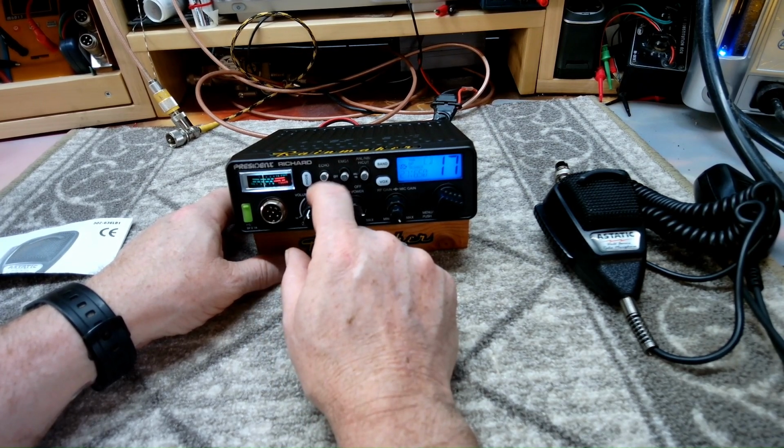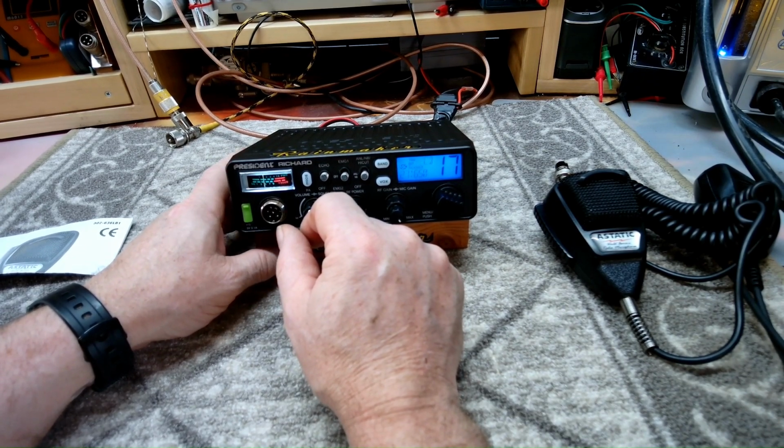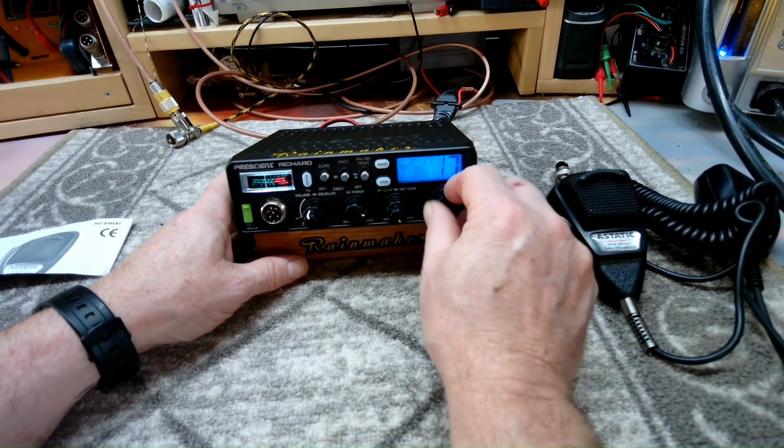And this actually works pretty good for the most part. Granted, we've got a lot of conditions out there on the frequency that we're currently monitoring. But here